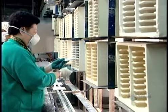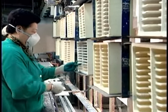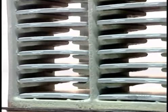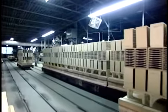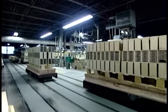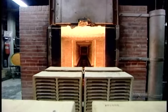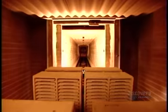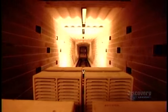When the tiles come out of the dryer, workers stack them on wooden racks. They load the racks onto mobile carts, then roll the carts into a gas-powered oven called a kiln. This factory's kiln is 58 meters in length, longer than an Olympic-sized swimming pool, and large enough to bake some